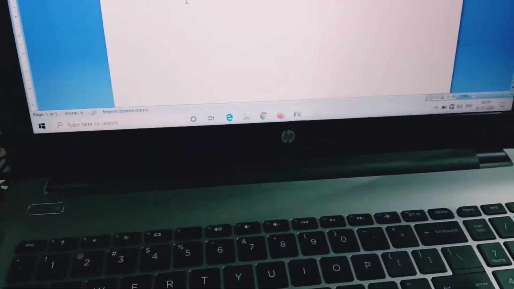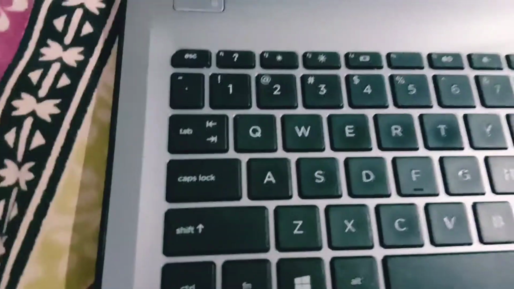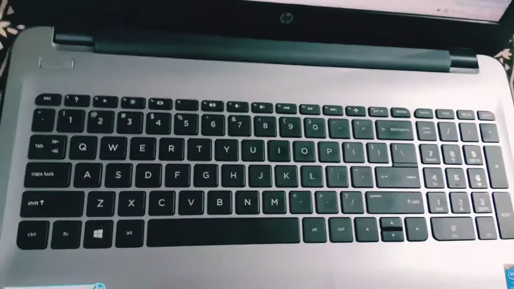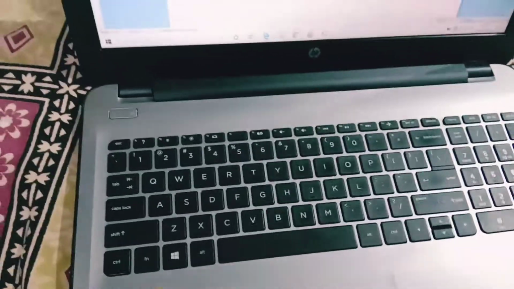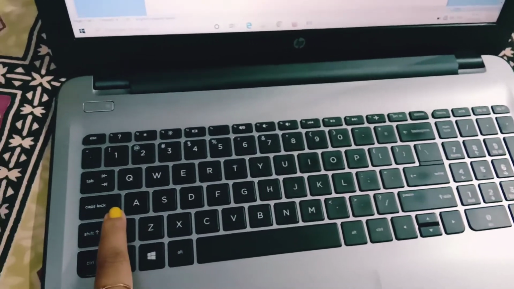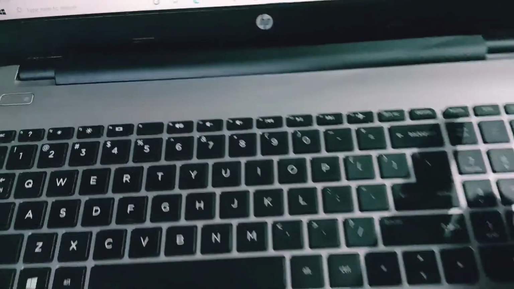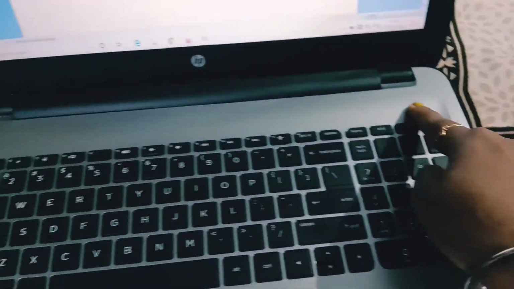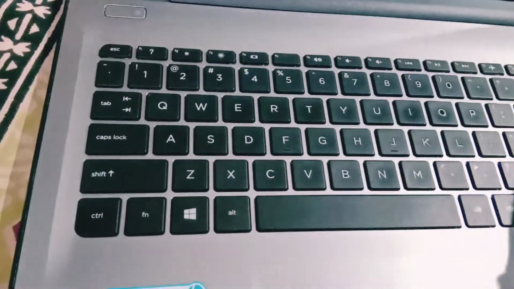Now come to the caps lock key. Just see, there is the caps lock key. Yes or no? How many caps lock keys are present on your keyboard? Only one. The caps lock key is here. On the desktop, whether the caps lock key is on or off, we can see there are 3 buttons in the desktop keyboard. You can see the lights over here.